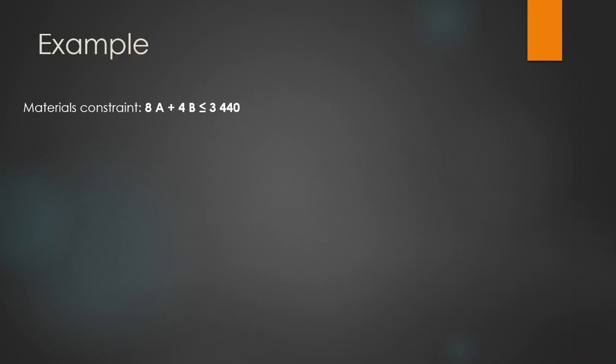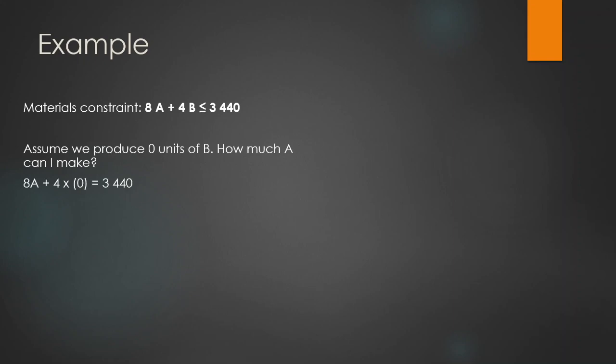How do we do this? To plot any line, we need 2 points. To get our first point, we assume that we produce 0 units of B. Now all 3,440 material units are committed to product A. So how many units of A can I make? And we see that I can make 430 units of A, being the